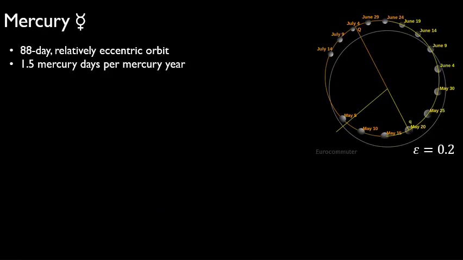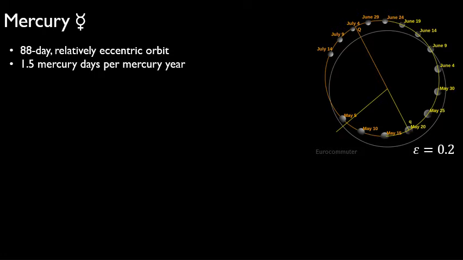So Mercury is the closest terrestrial planet to the Sun. For all the planets, I'll be showing the zodiac symbol, or really the astronomical symbol, because they all have them, which are kind of fun. But Mercury is very close to the Sun. It has an 88-day orbit. It's relatively eccentric, so you can compare the actual orbit to a circle. The eccentricity is 0.2, which in the wide world of ellipses isn't very eccentric, but for the solar system it's